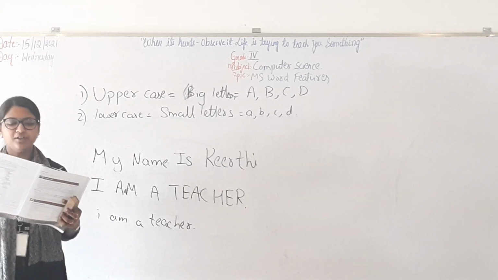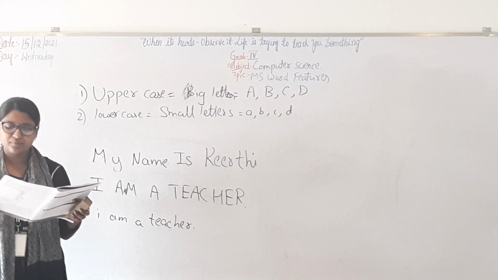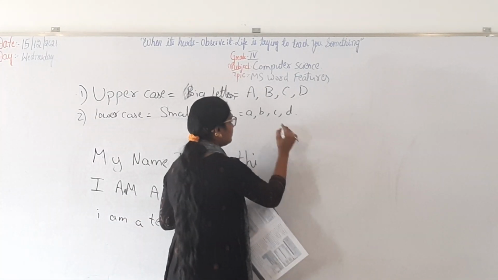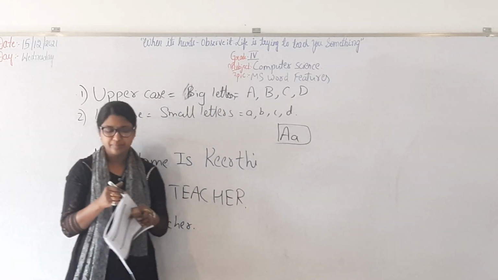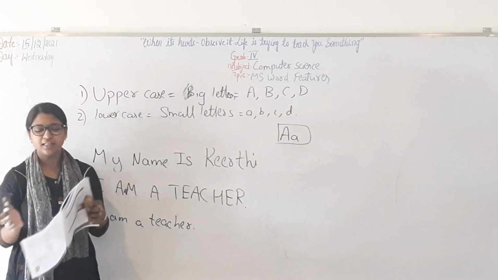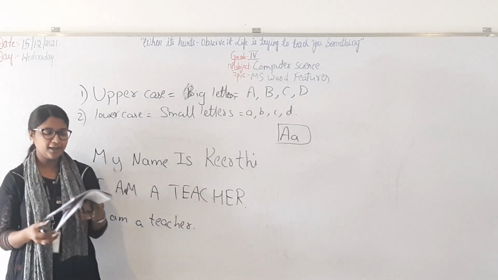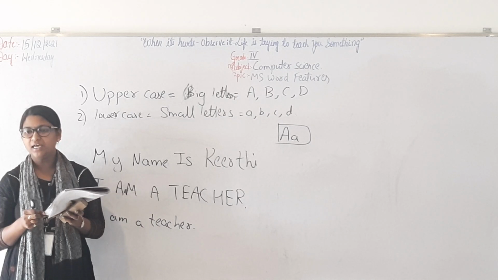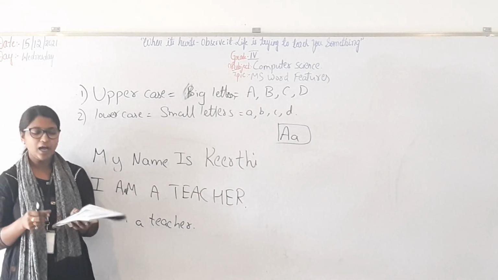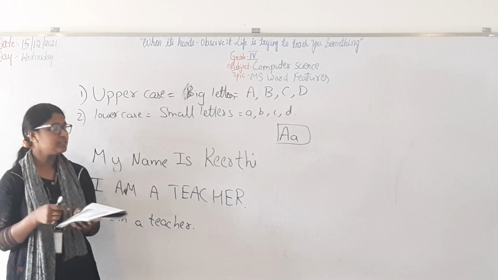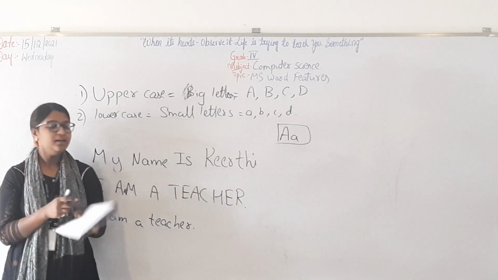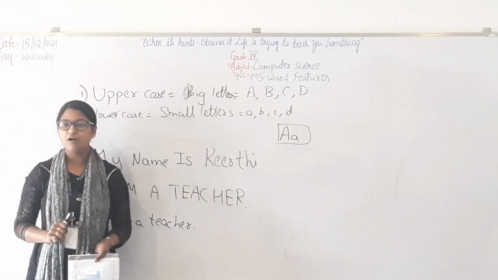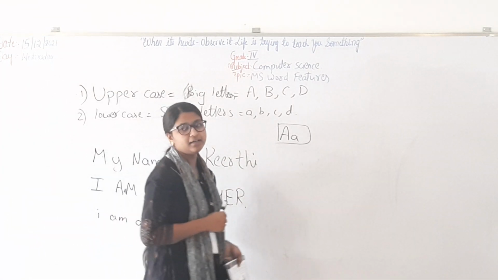Everyone observe figure 7.6 carefully. Can you see there, like this, there is a box which is in yellow color? Yes, ma'am. So when you click on that, can you see that a dialog box has appeared? In the dialog box, can you see sentence case, lowercase, uppercase, capitalize each word and toggle case. As I told the function of all the cases, if you select any one case in that, this complete sentence will be changed to the particular case which you have selected. So this is all about changing the cases.